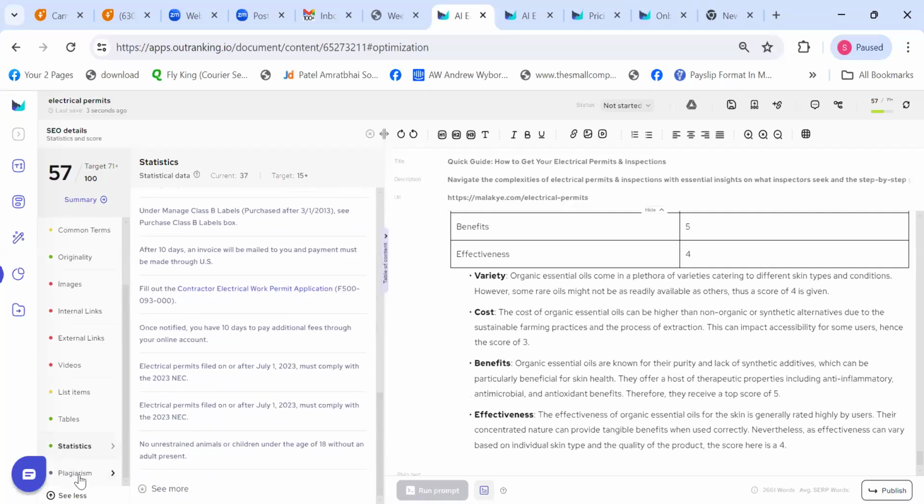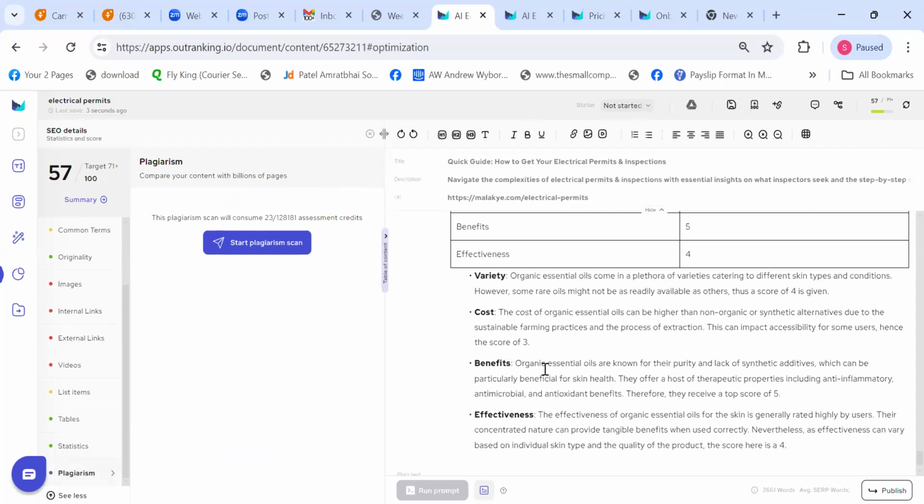And lastly, there is a plagiarism scanner as well, which you can run once you have edited the entire content and once you are ready to publish it. Just before that, you start the plagiarism scanner and it will give you a plagiarism score. Anything below 8 is fine, 8% is fine. And with Outranking AI, it's not going to be above 3 or 4. So that's great anyway. But yeah, in maybe a rare case, if it's a little above and if you want to fix it, there is an option, fix with AI, and it will literally fix all the plagiarized content in your editor. I'm not running this right now because this will almost take 10 minutes of our webinar. So I'm not running it right now.